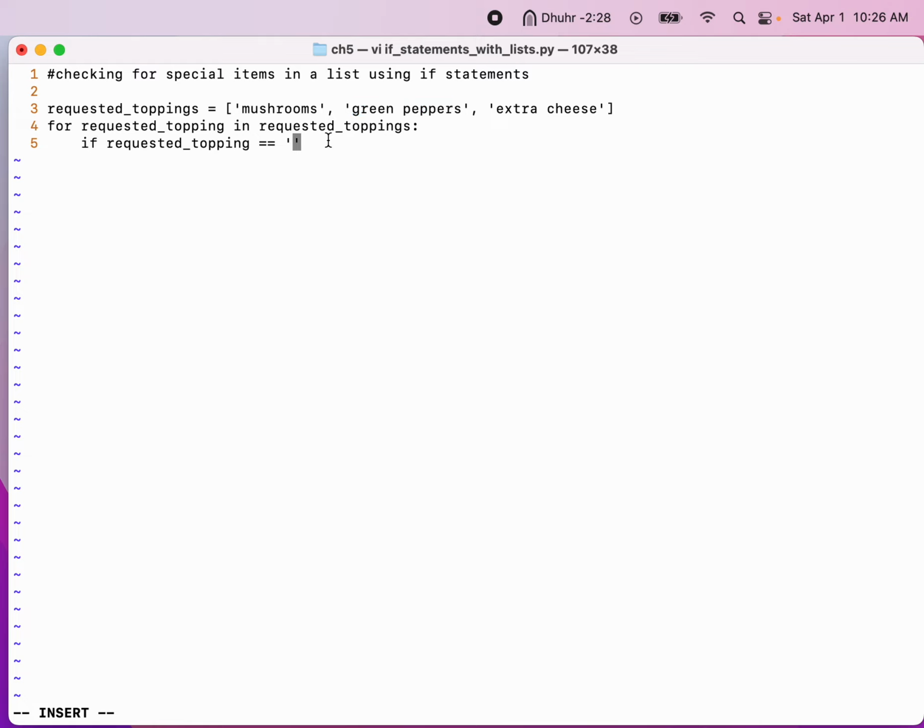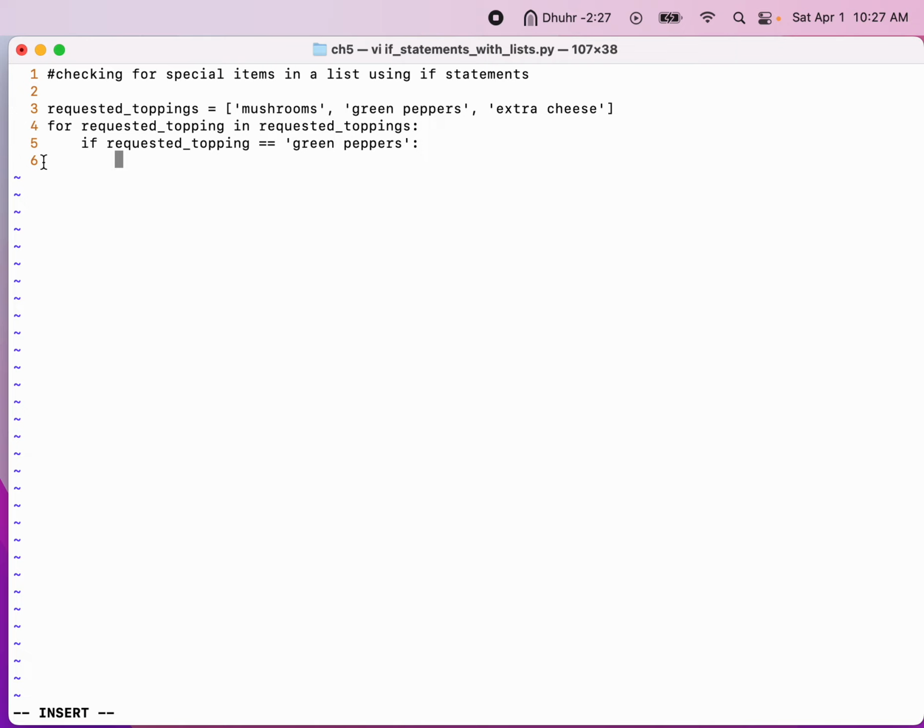So in this case, I'm just going to use green peppers. So we're checking if requested topping equals one of the items in our list, which is green peppers, what does it want to do? So we want to put a colon again,